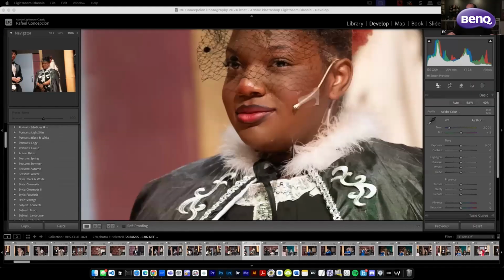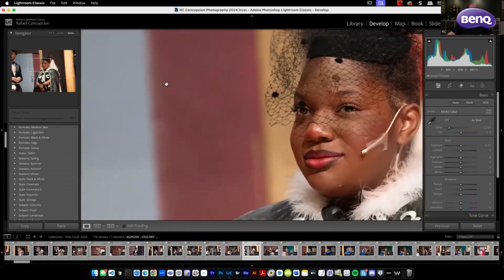So if I take a look at this, I'm going to go into the develop module, and inside of the develop module, I'll go ahead and take a look at the picture, right? I'm going to go to 300 just to be able to see what's happening. Right there, right? So once we have that set, oh, I'm not sharing. Let's do this. How about that? Now, inside of here, right? So we have some noise. We have some noise here. We have some noise here. Great. What I want to do is go over here inside of the basic panel,